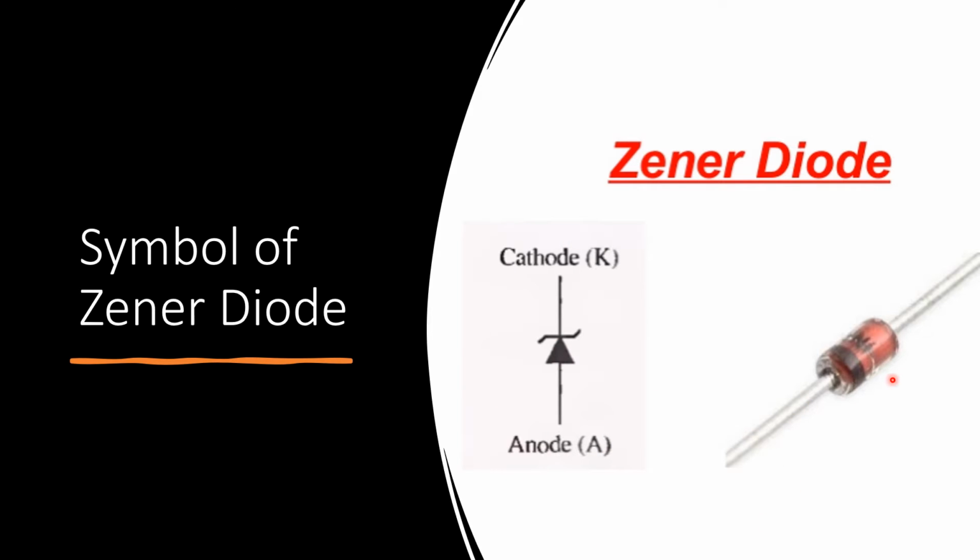Now if we talk about the real components, it comes with an orange color and with a black color at one end. It has two terminals to mount on the PCB. Now how to identify which terminal is the anode and which is the cathode? Simple. If the device has a black mark, that is the cathode terminal with respect to the anode terminal. In that way we identify the anode terminal and the cathode terminal.